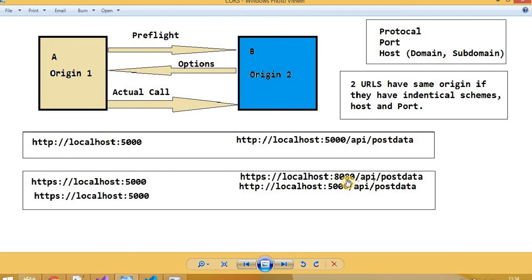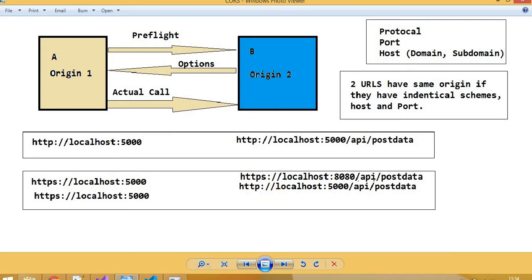So in that case, CORS policy will not allow sharing the data among these two resources. Again, down here in this URL, if you see, we have a different protocol. One is HTTPS, another is HTTP. Again here it means CORS rules will not allow sharing the data between these two resources.